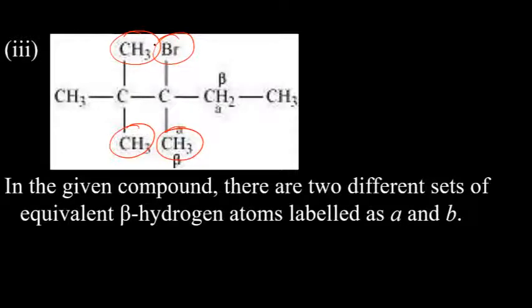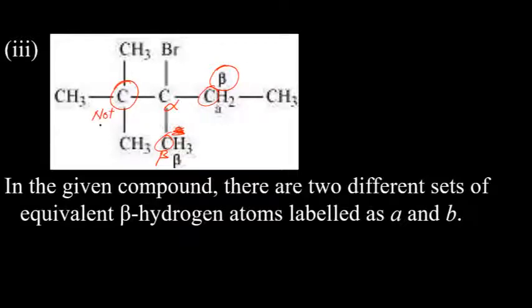Now here the alpha carbon will be the one on which bromine is attached. This is alpha. It means you have a beta carbon here, and another beta carbon here. So this one is alpha, and this one is beta, and this one is beta. Now this one is not to be considered a beta carbon because this carbon doesn't have hydrogen. Zaitsev's rule is for those beta carbons which have hydrogen. So it's not beta.